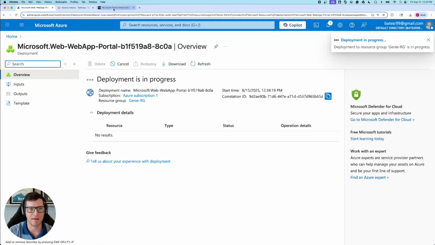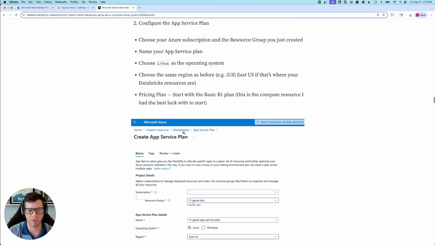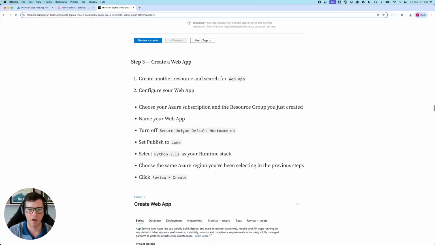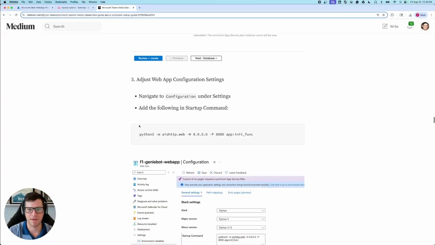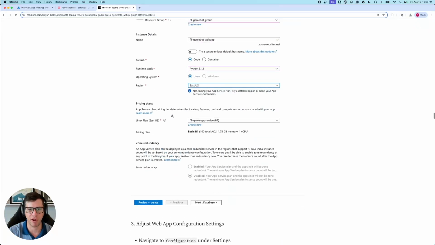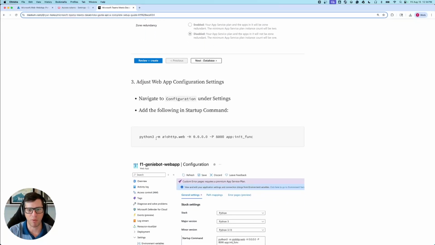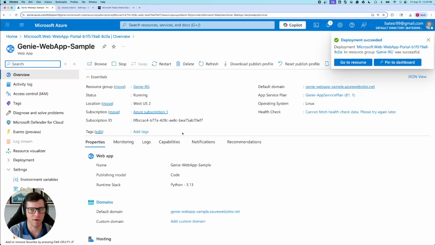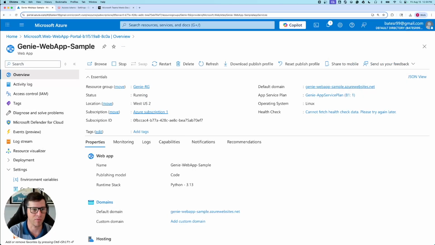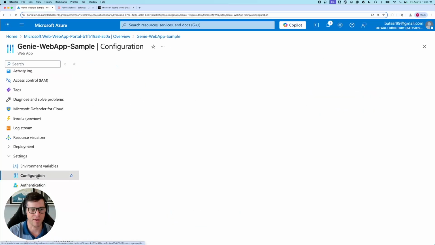So while that is deploying, let's just go through and look through the documentation here. So before I go and create my bot, I'm going to do some configuration in the web app. So we need to give the web app a startup command to tell it, hey, when we spin this up, this is what I want you to do. So I'm going to go ahead and copy this for now. and head back here. Yep, it is complete. So let's go to my resource here. So this is a web app that is live and up and running. But if I go to my configuration,